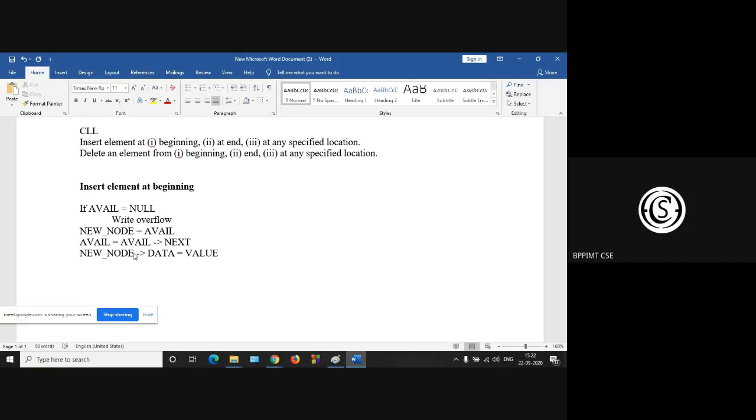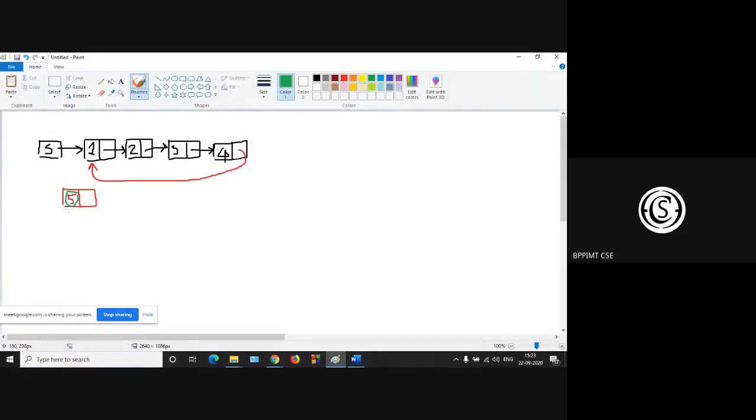Next, what should we do? So 5 is inserted at the data part. Sir, point it to 1, which was the previous first node. Pointed to 1. Okay. And since it is a circular list, make it point to the last node also. So it will be a circular list that way.